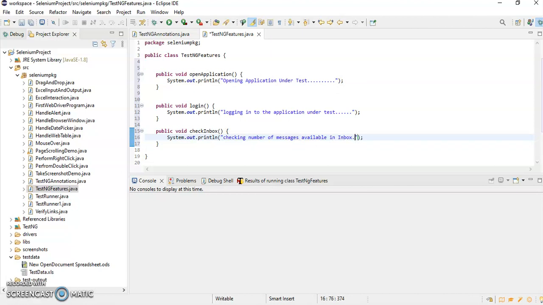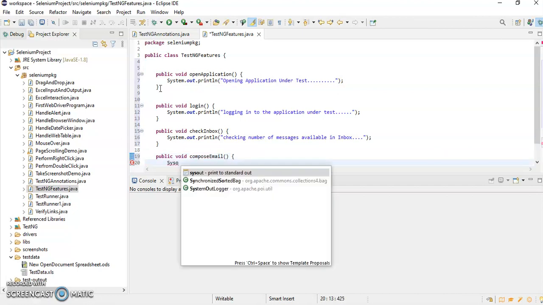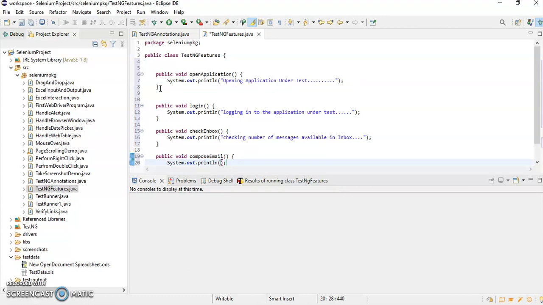Okay, then the fourth test case will be public void compose email. So system.out.println, I'll write here sending email to the recipient.